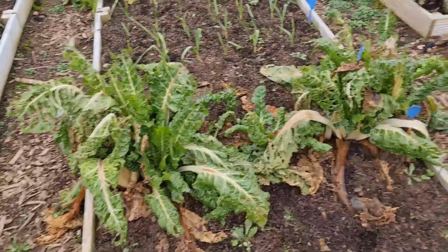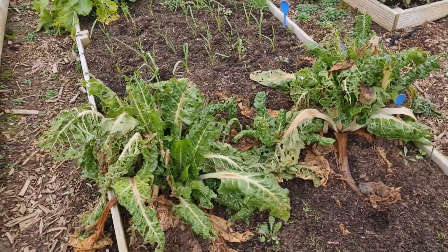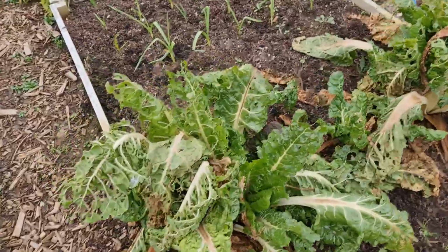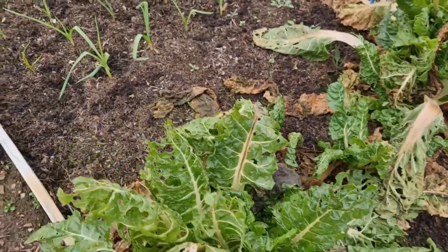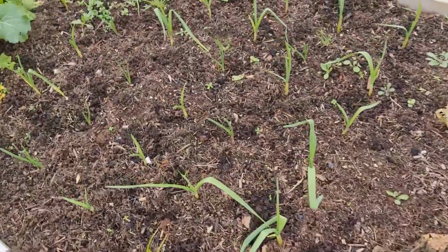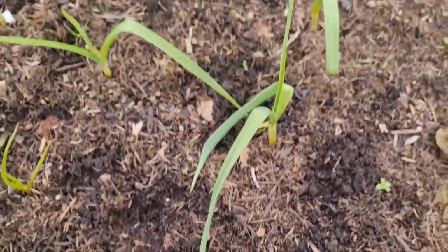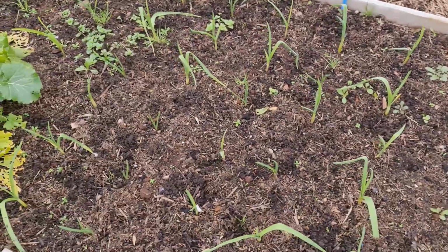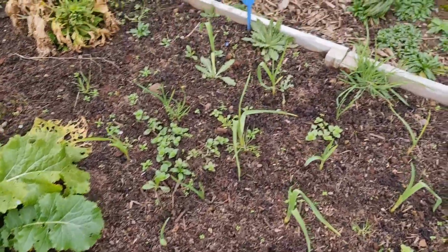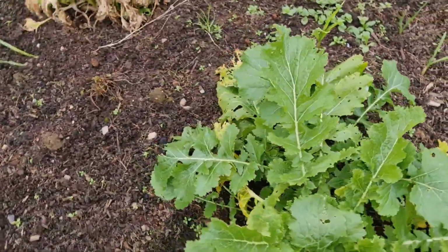So then, looking back here, this bed, a mixed bed of stuff. These I just left in as, why not? If anything wants to eat them, they can. And then I'm going to pop the rest into the compost bin as and when. These, I can't remember if these are onions or garlic, so I'll have to refer back to my previous video. But these are all starting to look really nice, and the bed's not looking too bad in terms of weeds. It gets a little bit worse down here when we get towards...